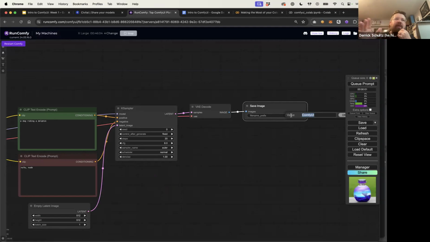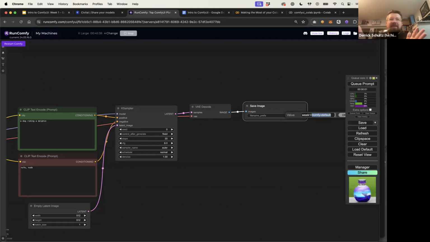There are other nodes that allow you to do more fun dynamic naming systems. This just basically says, how do you want me to save this file? In this case, you can do something like, let's go week1/comfy default. What this will do is it'll create a folder called week1, and then it will save a file in here called comfy default with an incremented file number.